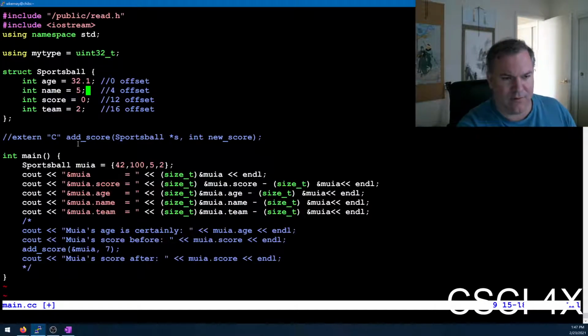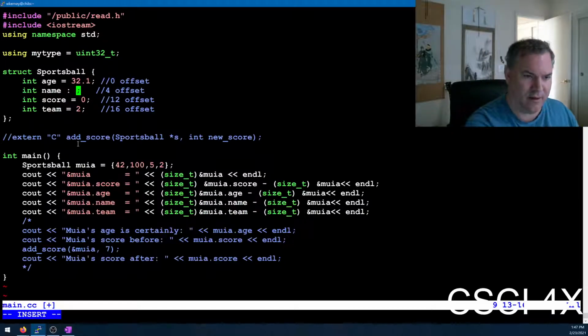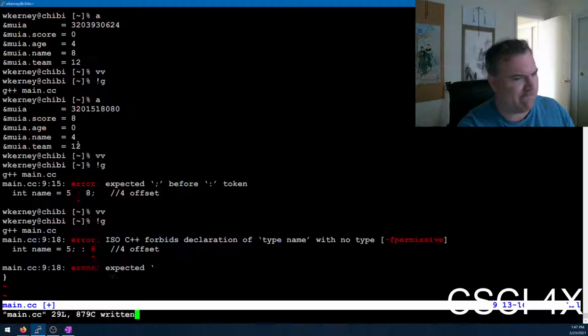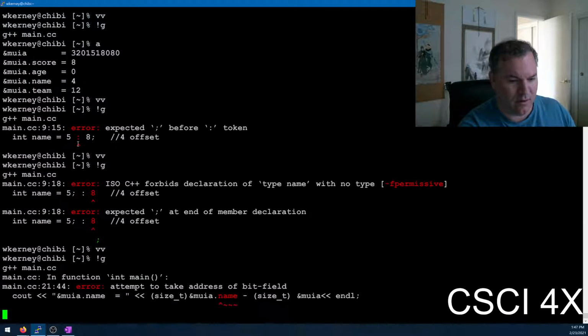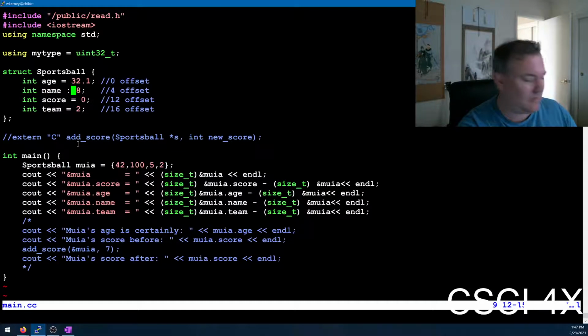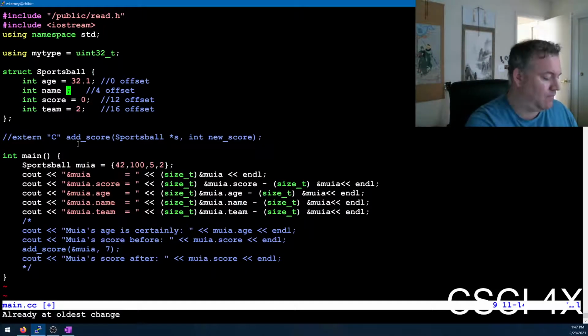Yeah, there's a way that you can actually specify what the memory alignment is of elements in these things. I don't remember off the top of my head how to do it because I never use it. Maybe like that. It's a bit field. Yeah, I never use it. Okay, so